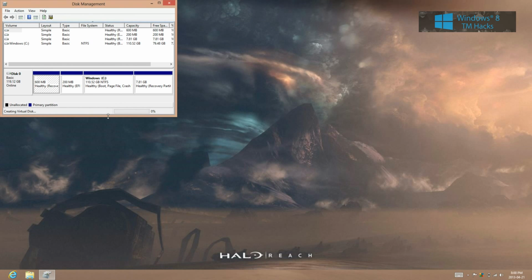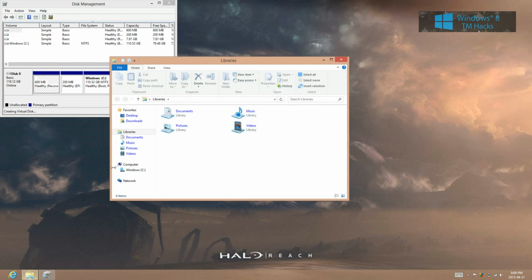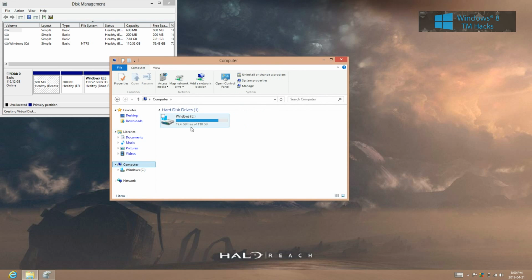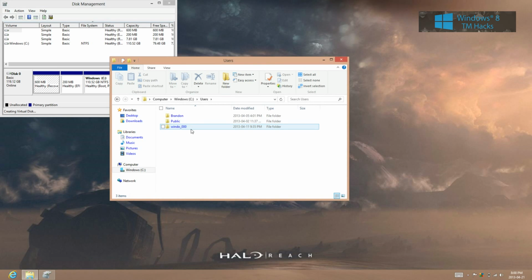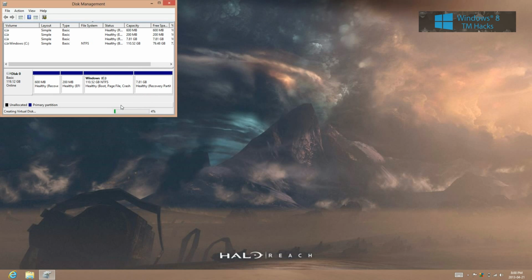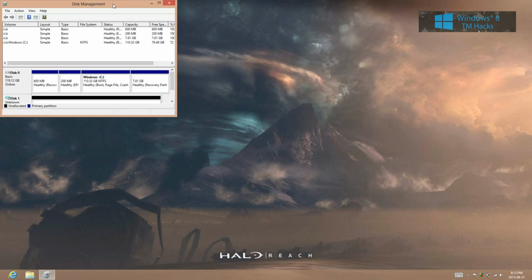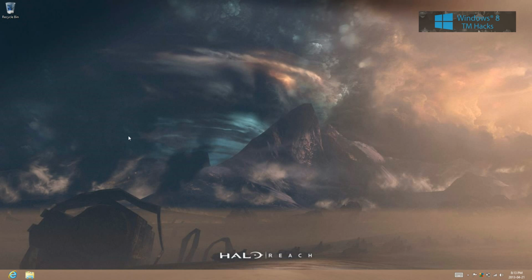It will create the virtual hard disk, and then it will use up all the space that it's going to be using, but it isn't finished completing, so just let that complete. Now that it's done, you can just exit out of disk management